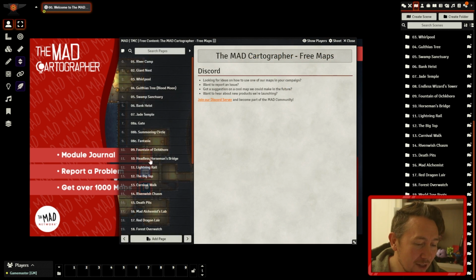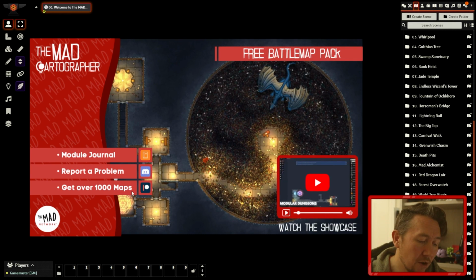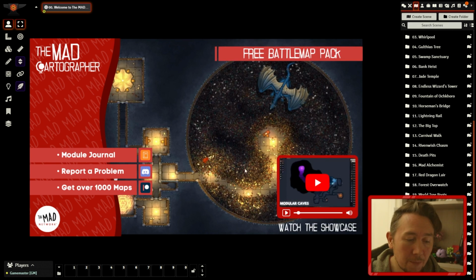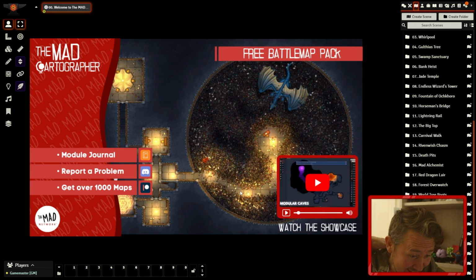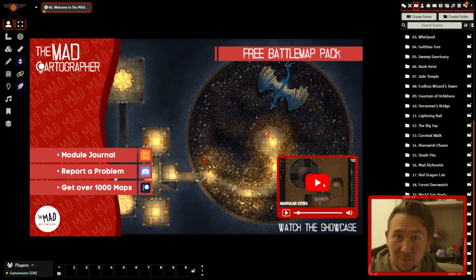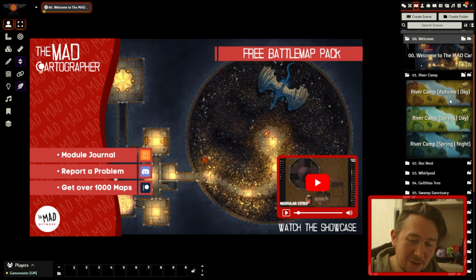But anyway, we've got these little buttons here that are built in. This opens up journals because that's the only functionality that the buttons can do anyway. But it lets you go to our Discord, and then obviously click the link to go and check out our Patreon. So that's the splash page. We've got this little running YouTube video. You can click that to see some of the other stuff that we've done. But I'm going to give you a little showcase of